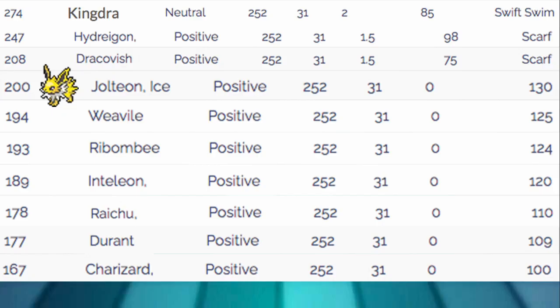So, let me go ahead and preface this. Jolteon Ice, that's because it said Jolteon, Ice, Faceless. Ice Q is on the same speed tier. It's not like an Ice type Jolteon, don't worry, it's just Jolteon. So, yeah. Anyway, Jolteon is very, very fast, boasting a good speed tier of 200, very, very strong in a